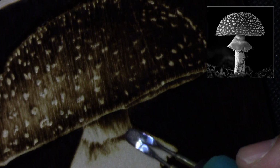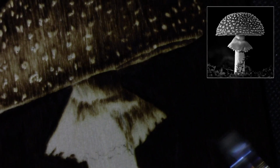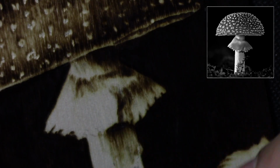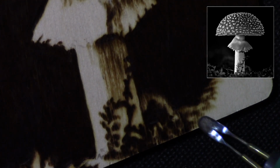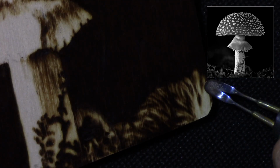And next, I moved from top to bottom, always on the right side of the mushroom, which is the darker side. So, top to bottom, right to left, from dark to lighter, and I added some texture in the bottom, some moss. This one does not have,